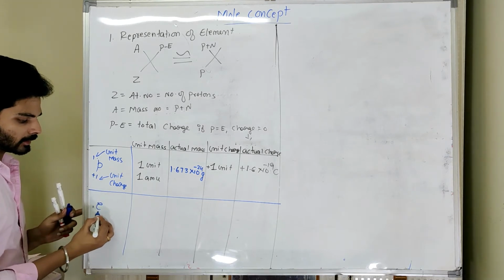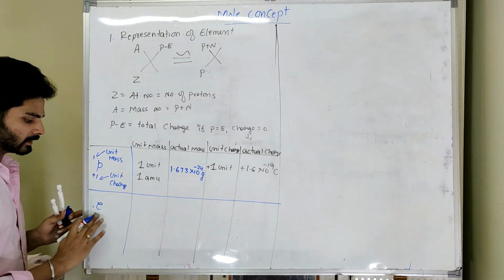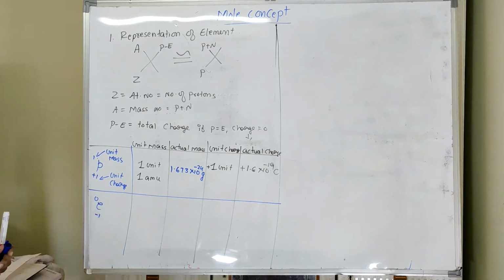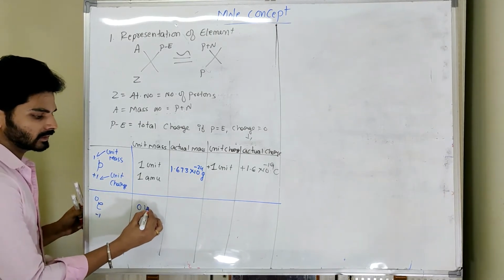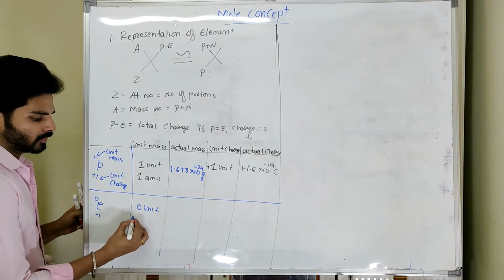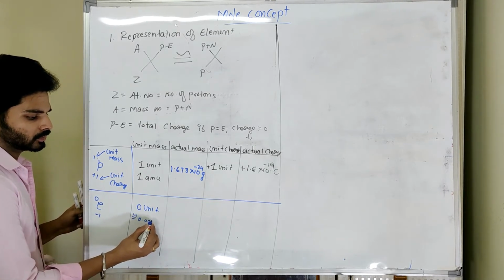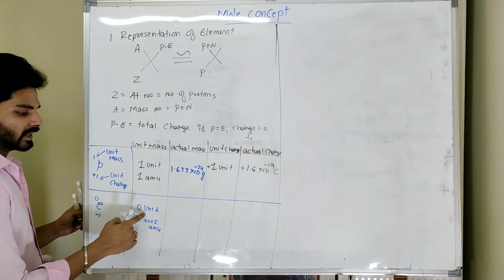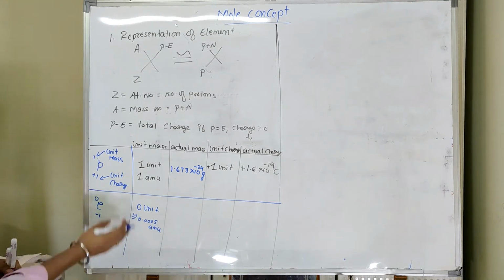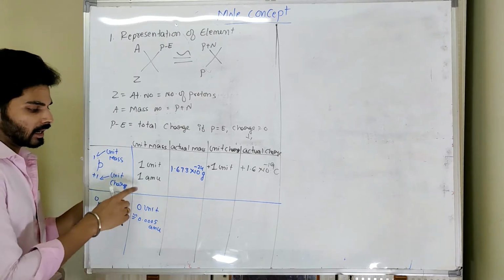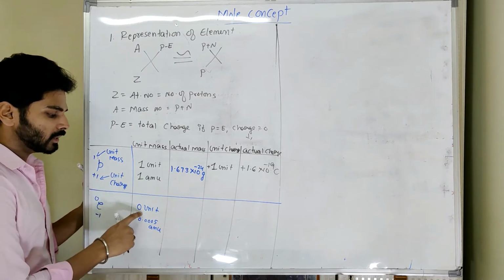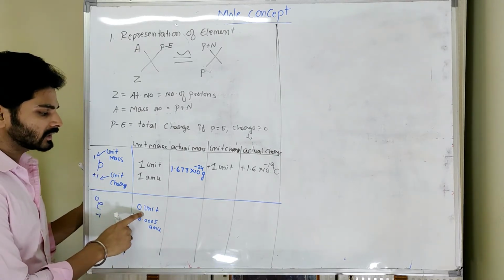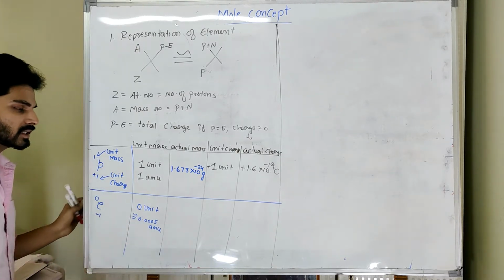Similarly, if I go for the electron, the electron is represented like this, where the upper one is mass. Mass wise it is considered as 0 unit, or to be very precise, about 0.0005 AMU, but you can consider it as 0 unit, almost nothing when I compare it with the mass of a proton. It is relative, it doesn't mean that the actual mass is 0. When compared with the proton, the mass is negligible, that's why it is considered as 0 unit.